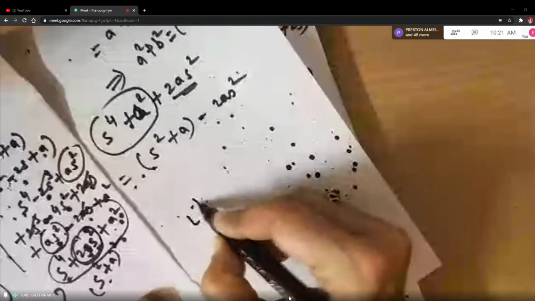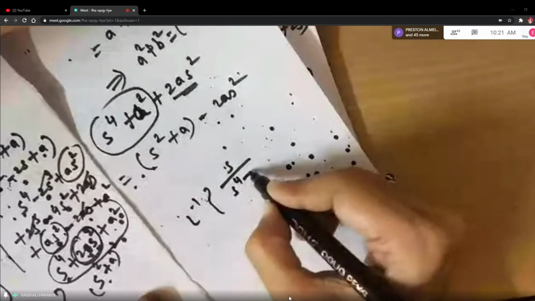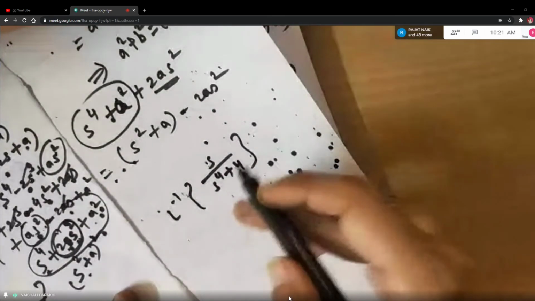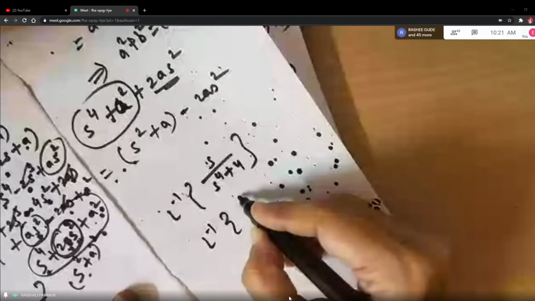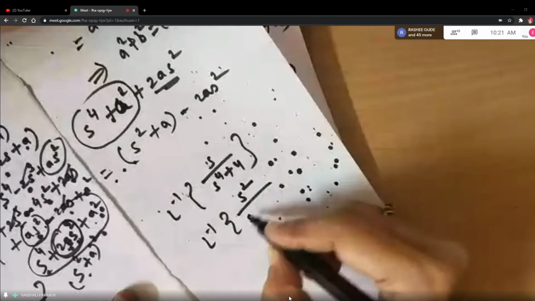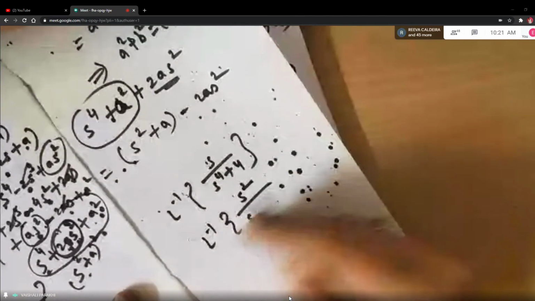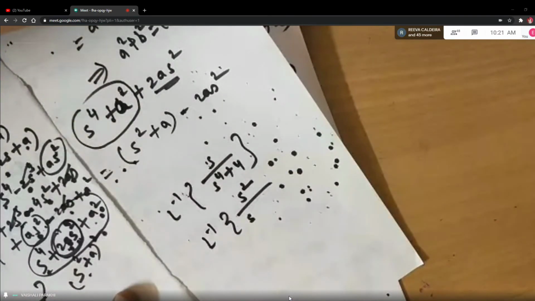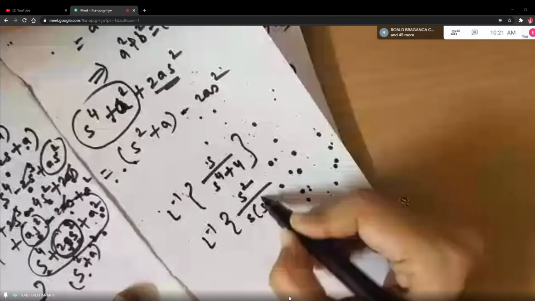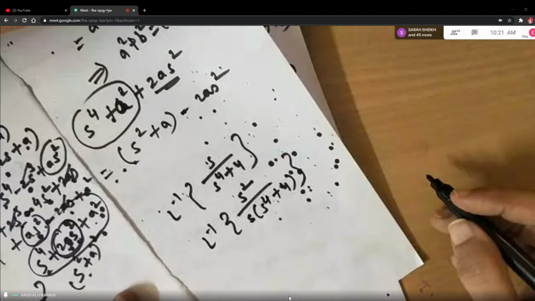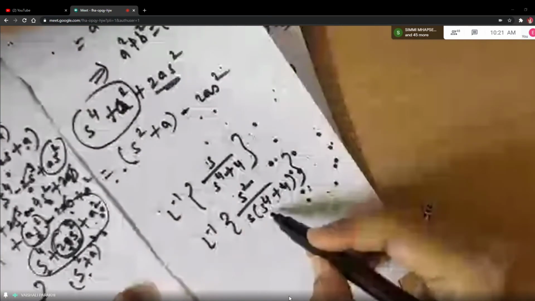See, you are saying like this, no? What we have is L inverse of S upon S raised to 4 plus 4. This step only you are talking about, right? Yes. So for this step, you want to multiply numerator by S and denominator by S, correct? Or you want to keep it separate? Keep it separate. S raised to 4 plus 4. Okay, then use partial fractions, but still you will get this term, no?